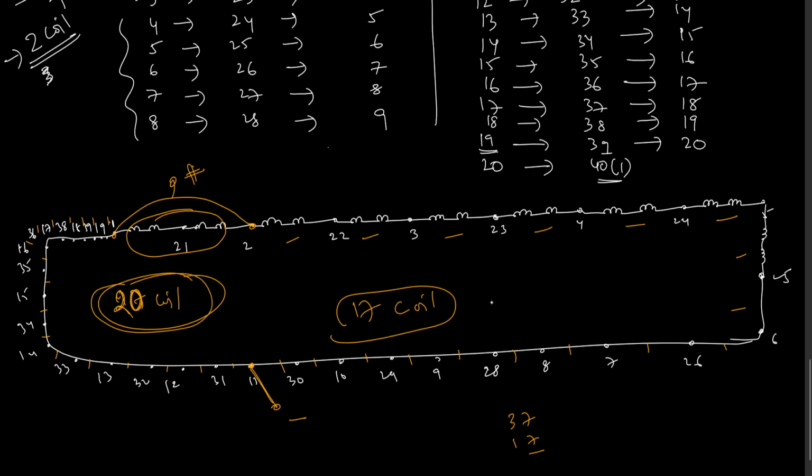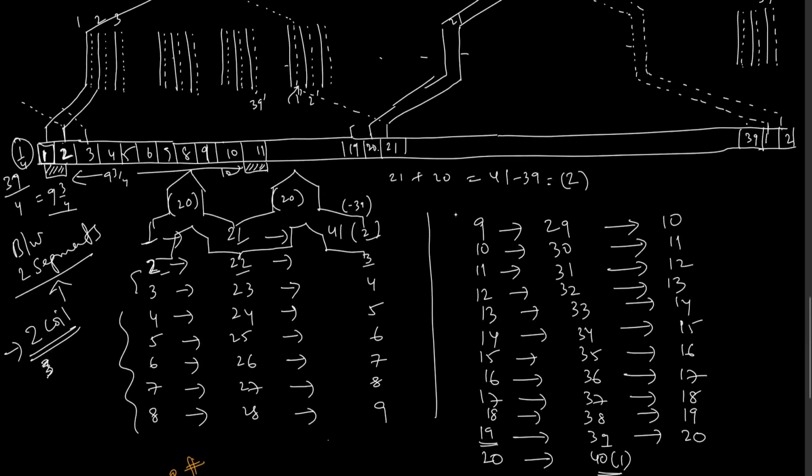So this is for example only. Here we have unequal coils in each parallel path, but in a true example we will try to take the number of coils such that they divide equally in all parallel circuits. Just for showing the diagram with fewer commutator segments, we have taken this example.